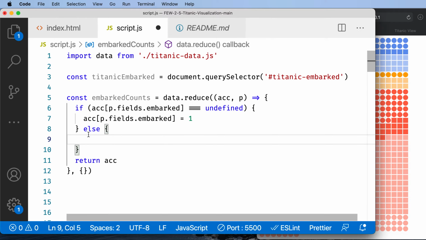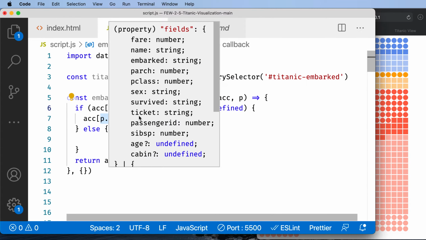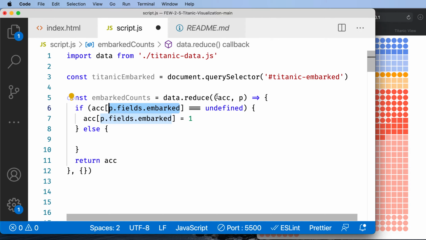So let's put an else statement in here. Let's imagine that the second passenger shows up and the embarked property is S. It's the same as the first one, and that one now already exists here, right? Because we just created it with the first reduce pass. So if that exists, then this won't be undefined, in which case we'll be down here in the else, and